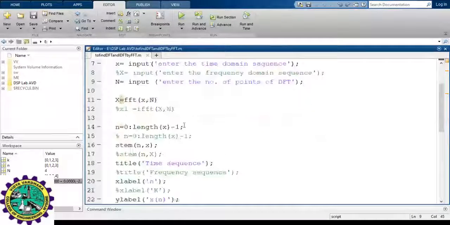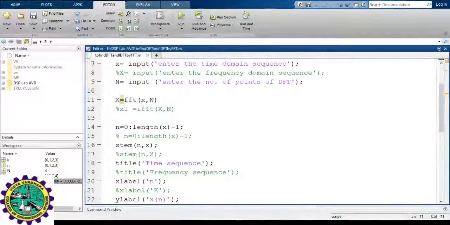Okay, the next one is to find the DFT using FFT. In MATLAB, we have an inbuilt function by the name fft. It is fft of x, n, where x represents the input sequence and n represents the total number of points. In general, an input sequence, if it is time domain, is always represented with small x of n, even while solving problems. So I'll use small x here. And n is the total number of points. It could be 4, 5, 6, 7, 8, whatever it may be. In class, we have solved for 4 point, 8 point, 5 point. Similarly, here it depends on the user.